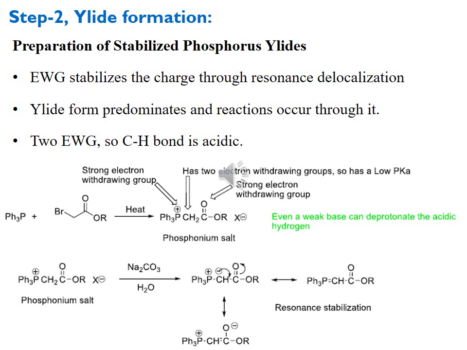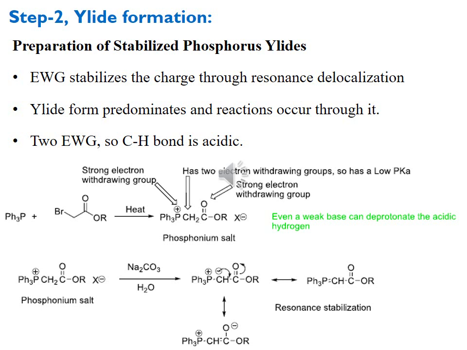Here can be a question that phosphorus attacks on the carbon attached to the bromine and not on the electrophilic carbon of the ester linkage. This can be answered as the lone pair of this oxygen of this alkoxy group moves towards the carbonyl through resonance, and this decreases the electrophilic character of this carbon, and the carbon directly attached to halogen has more electrophilic character, so the lone pair of phosphorus attacks on this carbon, and we get this product of